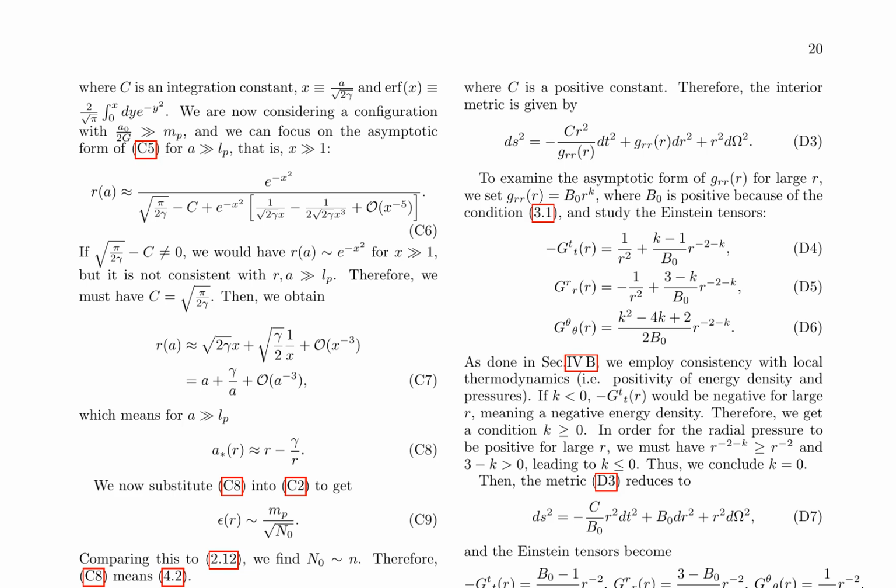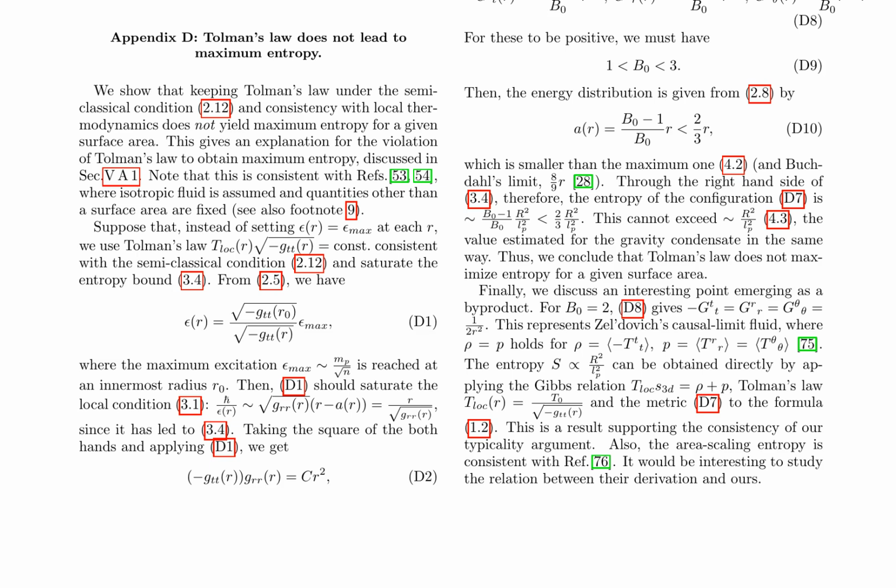density. The paper then examines the implications of using Tolman's law under the semi-classical condition and consistency with local thermodynamics. By applying this law, the authors obtain a specific form for the energy distribution, which turns out to be smaller than the maximum possible value given by Buchdahl's limit and the entropy bound derived earlier. This indicates that Tolman's law does not lead to maximum entropy for a given surface area, as opposed to the configuration described by the metric